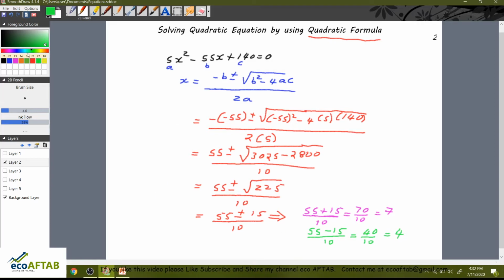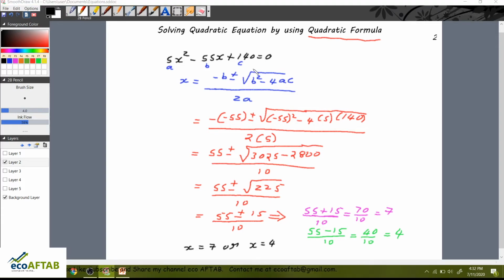So here friends, when we started solving the quadratic equation with the quadratic formula, we got the answer that x is equal to 7 or x is equal to 4. So this is how we have solved. In the previous case of factoring a quadratic equation, there also we got two answers, x is equal to this or x is equal to that. Similarly, if you want to solve the same thing with the factoring process, what we need to do is, because the numbers are larger, 5 into 140, and then trying to find two numbers whose sum gives us minus 55 and whose product gives us this, it becomes complicated.